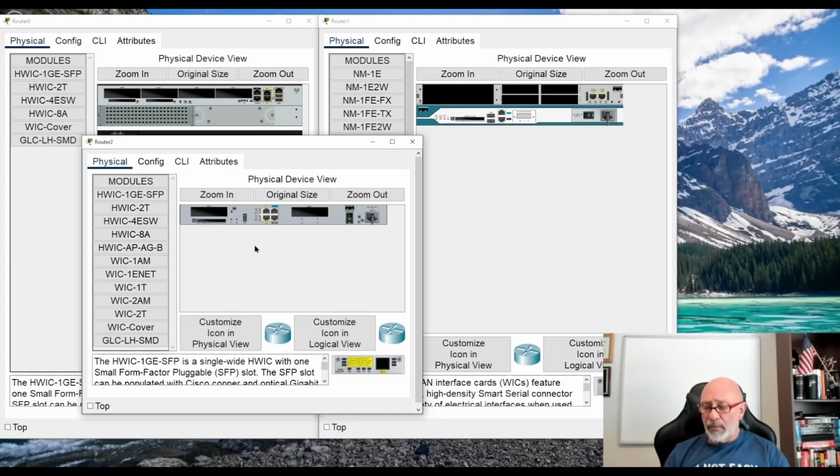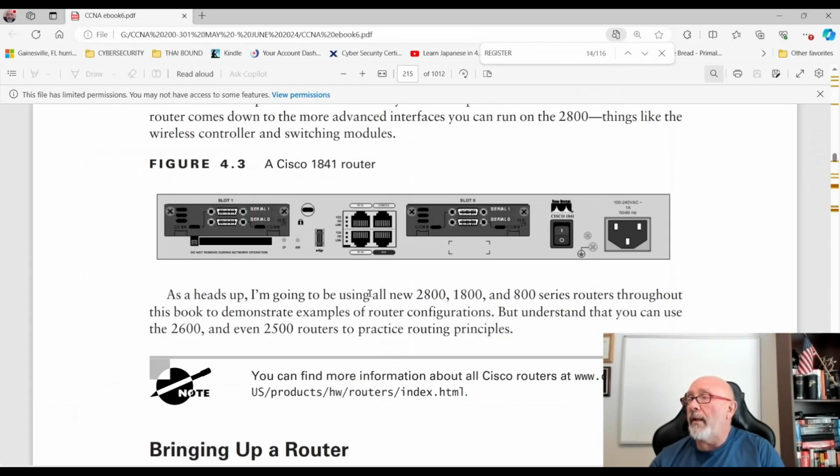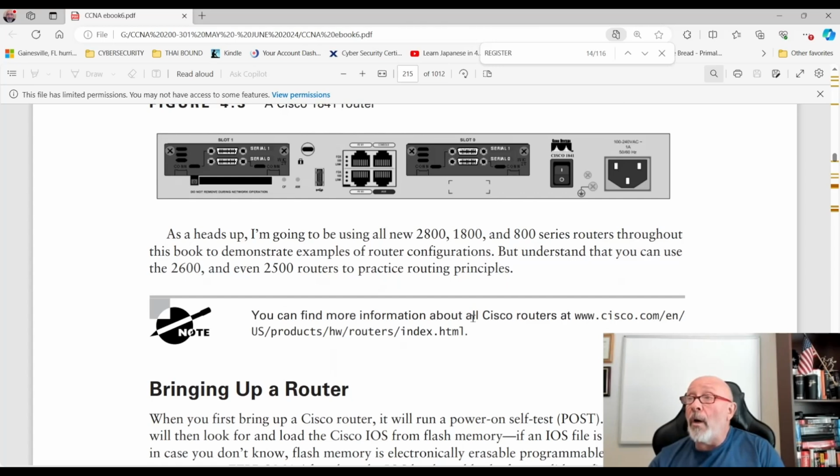Because people ask me, hey, what do you use, a 2911? The features and the IOS that I need to do what I want to do, it's there. So I did use all three of these routers, and higher, when I was in Metro. But the fact is, they all have different things. But let's go back to where we were in the book.